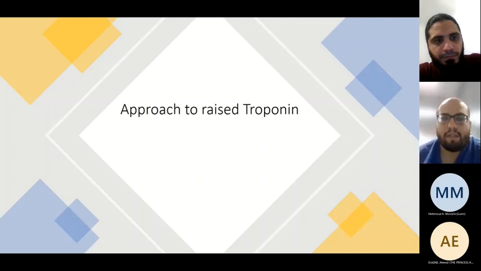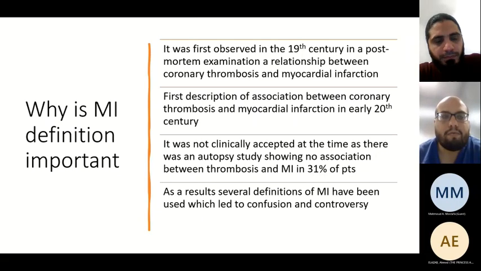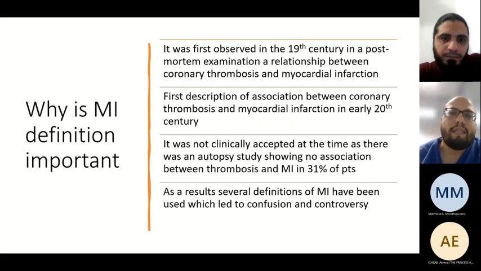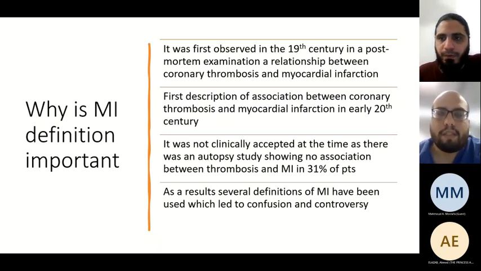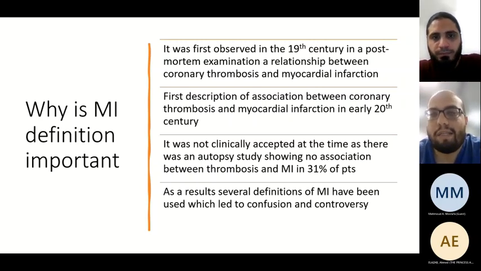So just a little bit of background. Basically, the first discovery that myocardial infarction was due to coronary thrombosis was in the late 19th century in postmortem examination. And the first description in the literature associating coronary thrombosis and myocardial infarction together was in the early 20th century. Although despite that,